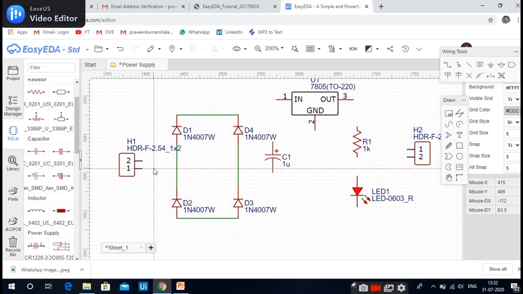Okay, now coming to this one, this should be connected to here and this should be connected to here.